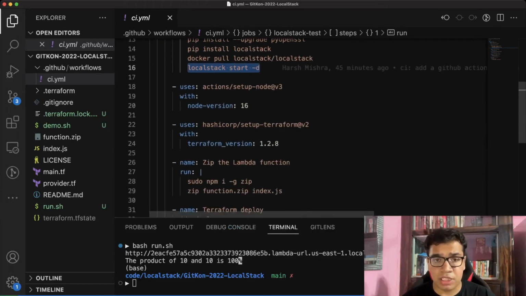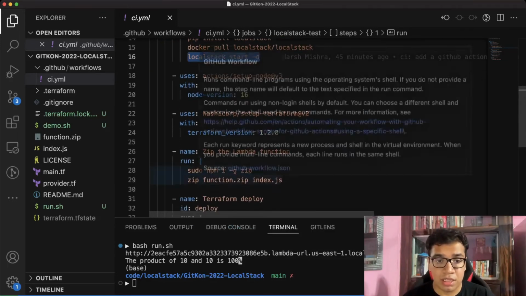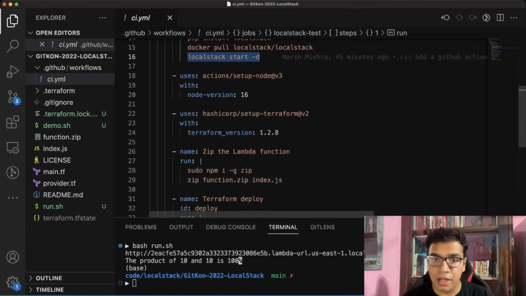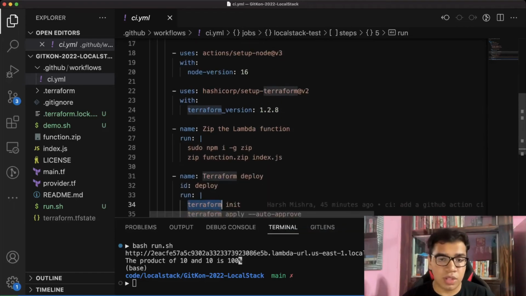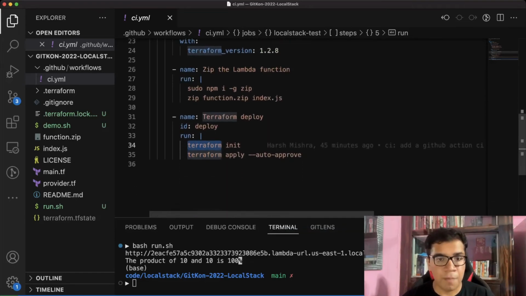Once we do that, I'm just specifying the setup node so that I can use this zip functionality provided by Node.js right there. And I'm also setting up Terraform because I'm just using the official Terraform CLI. If you want to use the wrapper scripts provided by LocalStack, you can just change these commands to tflocal, and you can install them beforehand so that you don't have to worry about setting up Terraform at all. So as you do terraform init and terraform apply -auto-approve, because we are just running this in an automated environment, it will set up the entire infrastructure on GitHub Actions, and then you can start running your integration tests or maybe smoke tests or whatever you want to test your application out on your CI